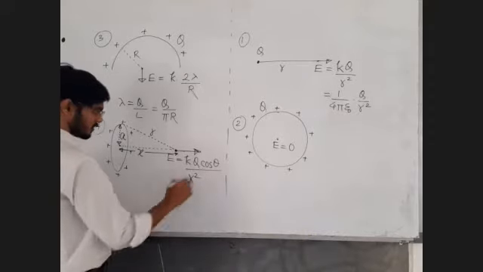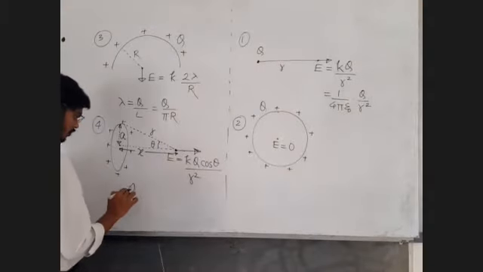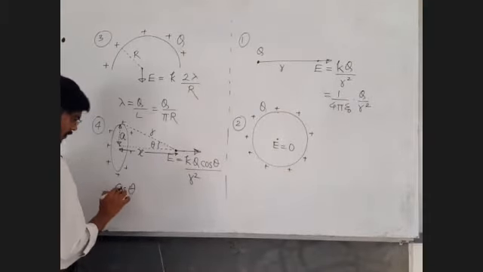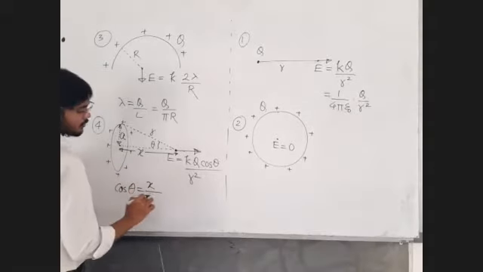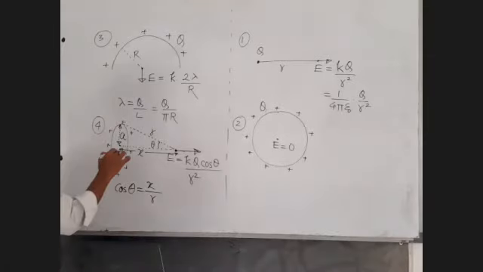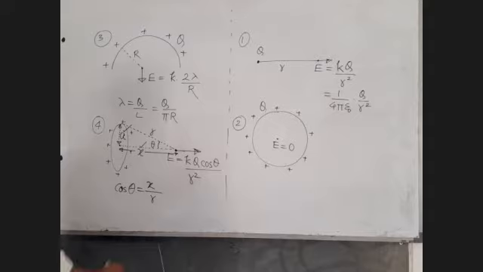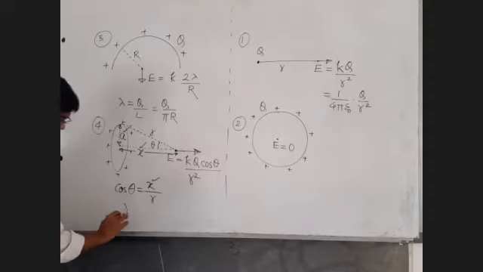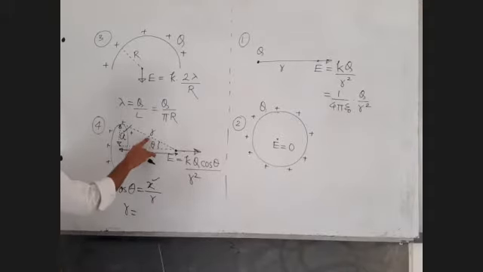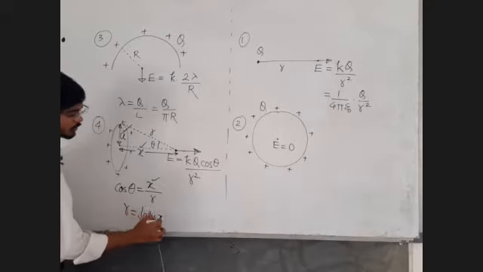What are the replacements, guys? This is the theta. It's a constant value. It's not going to change. So cos theta replacement that you already know. Cos theta is adjacent upon hypotenuse, x upon r. But sir, in the exam, generally we are given the radius and the axis. So we are not given the value of r. X is given, r is not given, cos theta is not given. Cos theta replacement is x upon r. But sir, r is not given. R replacement is very simple, Pythagoras. R replacement is under root a square plus x square.